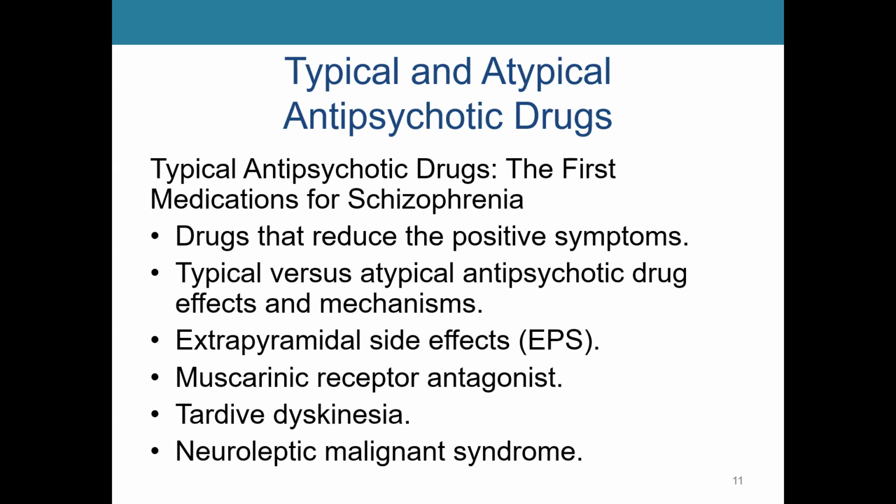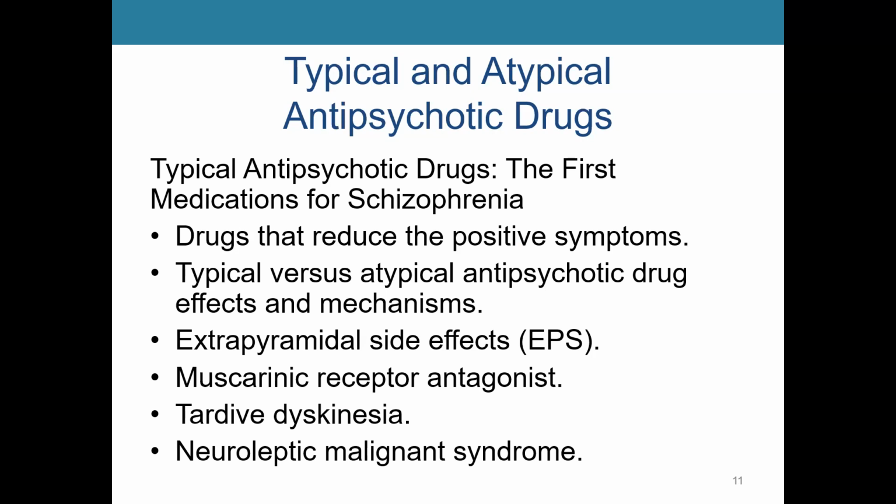The first generation or classical antipsychotic drugs are the typical antipsychotics. It's a class of antipsychotic drugs that reduce the positive symptoms of schizophrenia. They have a weak efficacy for negative symptoms and cognitive impairment and produce extrapyramidal side effects at therapeutic doses. The pharmacological actions of antipsychotic drugs derive from the antagonism of the dopamine D2 receptors. Typical antipsychotic drugs may require as long as 6 to 8 weeks to produce full efficacy.